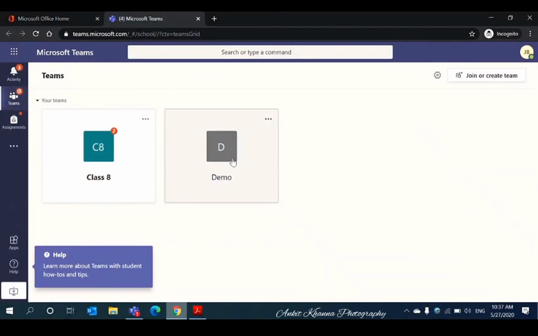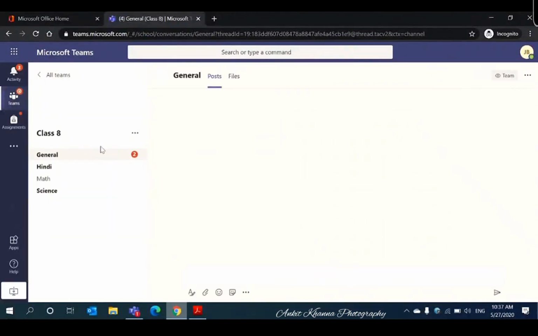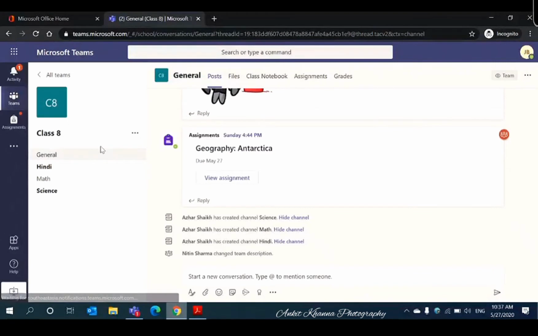So as a student, when I enter my class, let me enter class 8. On the left hand side, I can see subject-wise channels are available. There is one General channel, which is a common channel for everyone, where everyone can post something.